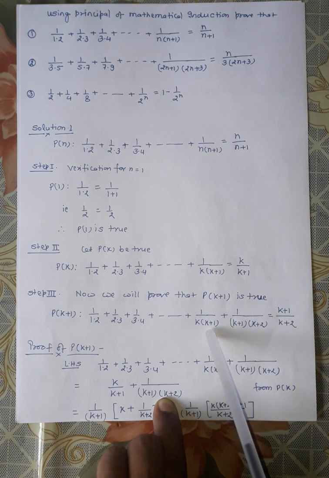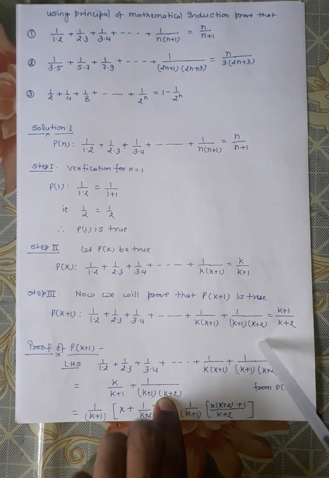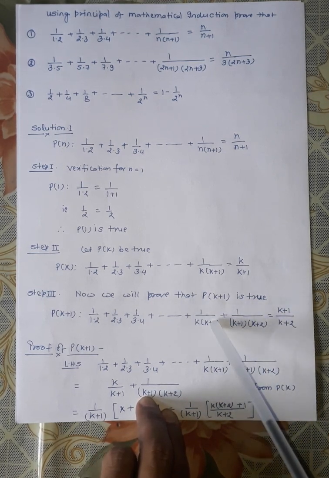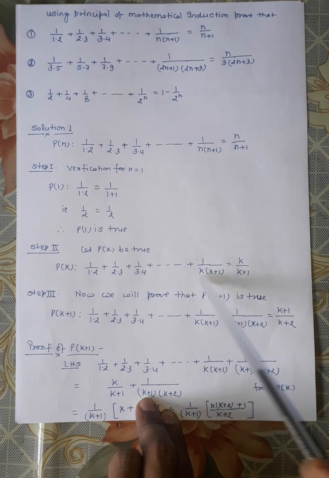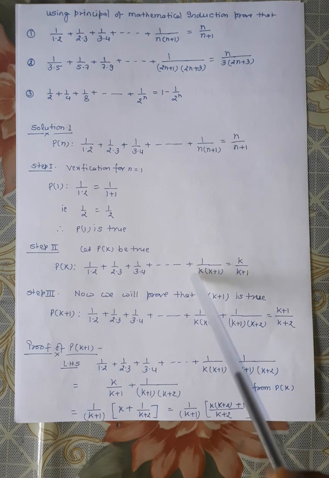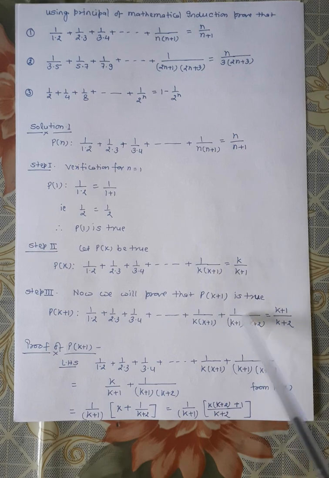One less from this. And I am telling you one trick, because in every question you have to do this. After writing P(k+1) completely, if you want to write the previous term of the last term of the left hand side, and you are not able to judge what the term just before the k plus 1 term will be, then you copy the last term of P(k), 1 upon k into k plus 1. That will be the previous term of this term.